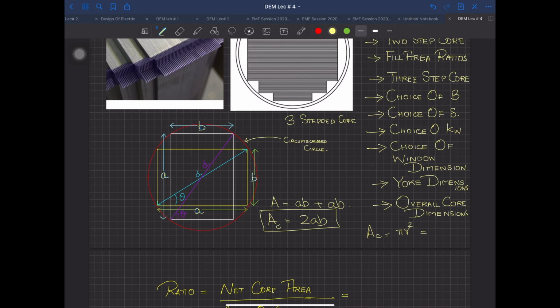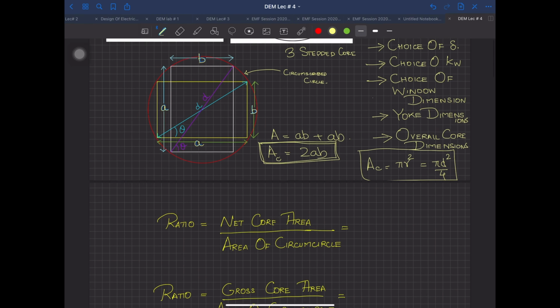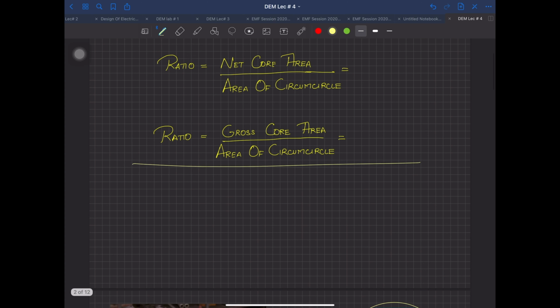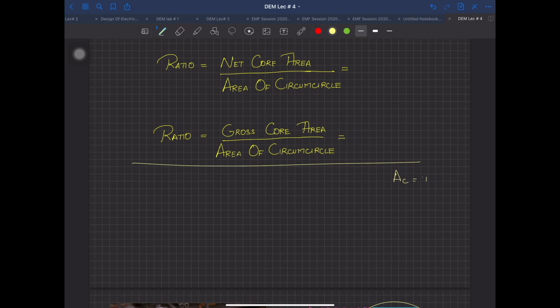But we know, since I have diameter, the cross-sectional area can be written as pi d square by 4. So the area of the circle is pi d square by 4. The area of my core is 2AB. Ignore these ratios at present; I will come back to this one over here. So AC is equal to pi d square by 4, and the area of my actual core is